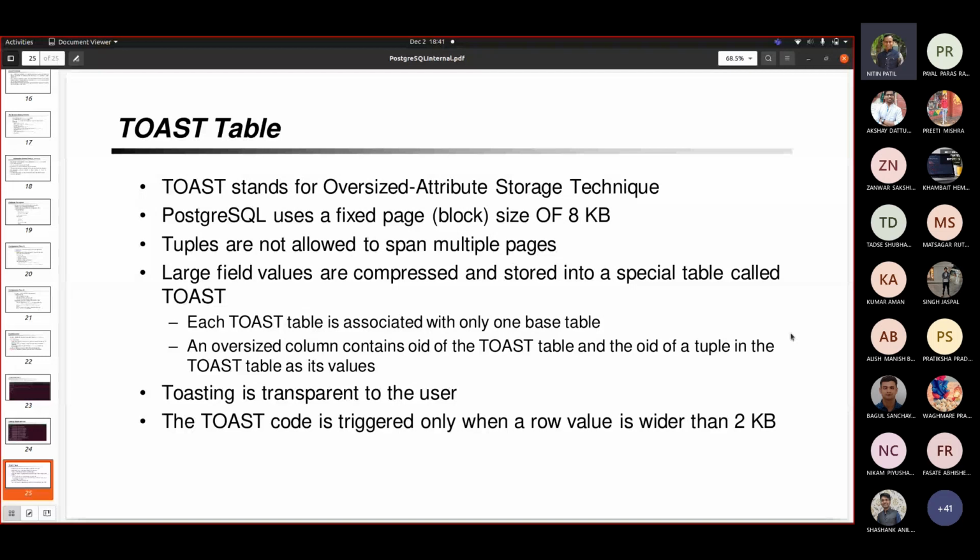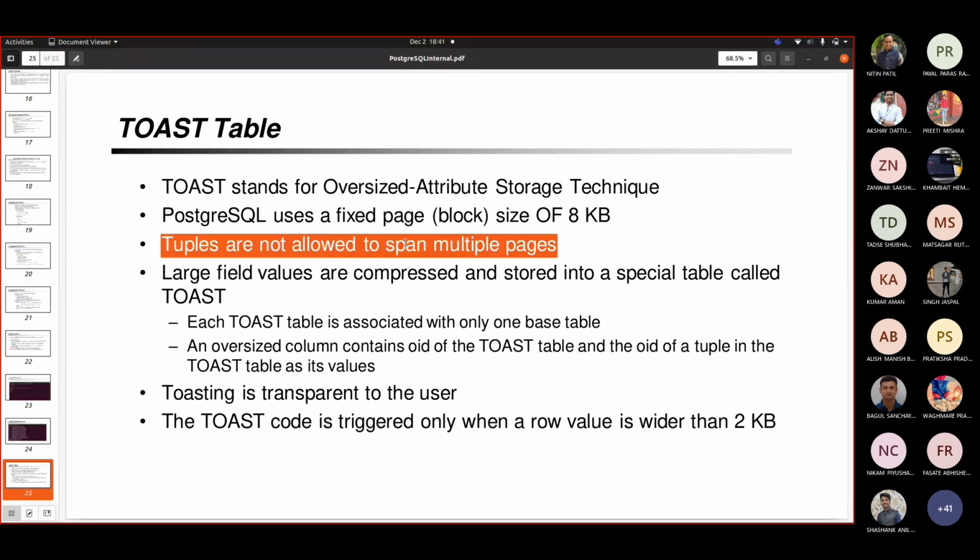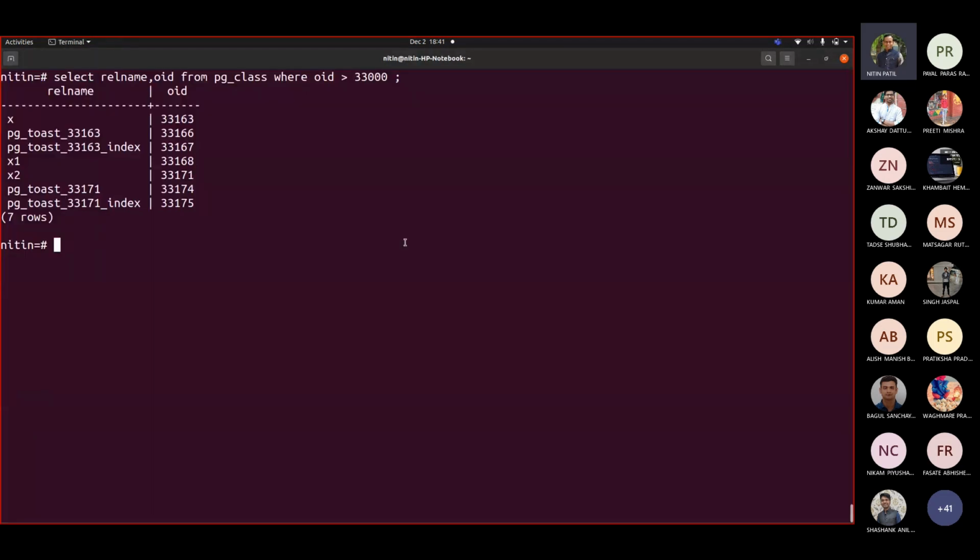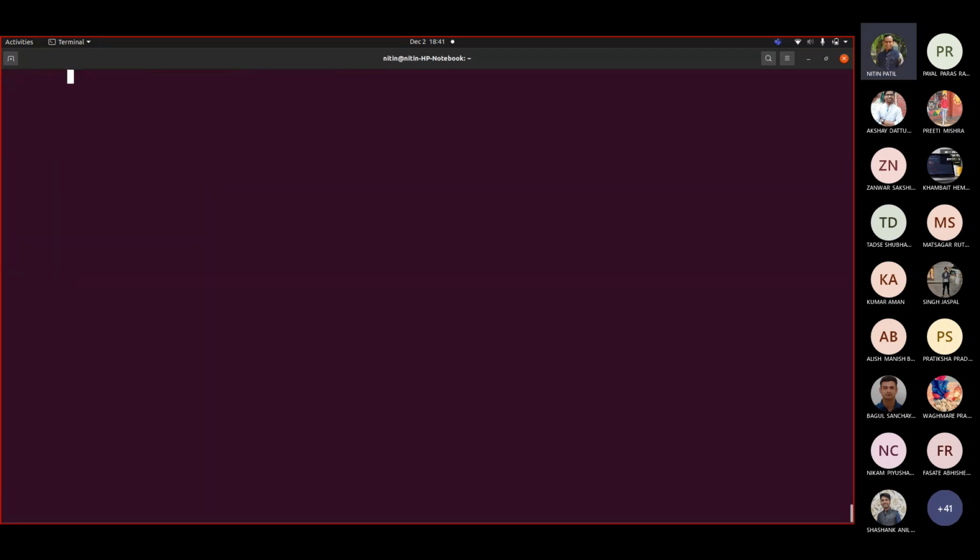Right now, whatever records we had are not going beyond that, though we are saying it is not spanning multiple pages, because the number of records added by us is much larger. So if I write select count star from X, the number of records is very big, so they are divided into a number of pages.